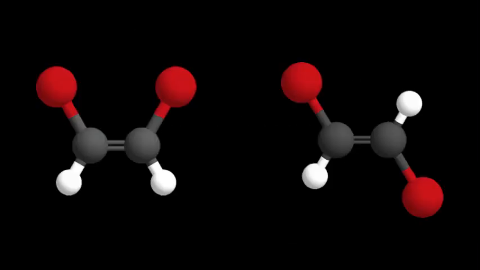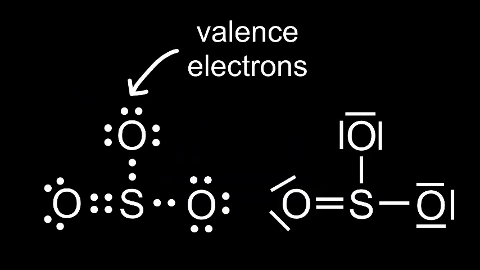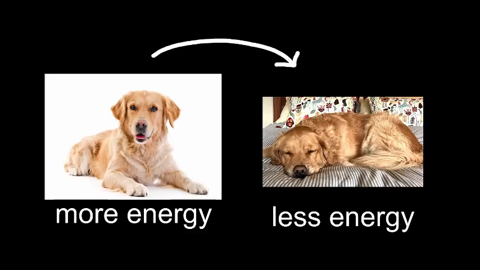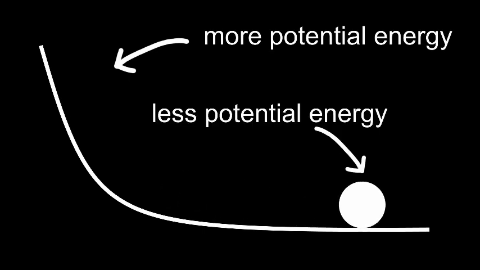One way to show the structure of an atom is the Lewis dot structure, which represents the valence electrons and bonds as dots and lines. This is also going to help us understand why atoms bond in the first place. You see, everything in the universe wants to get to a state of lower energy. That's why a ball on a hill will roll down by itself, because that decreases its potential energy.